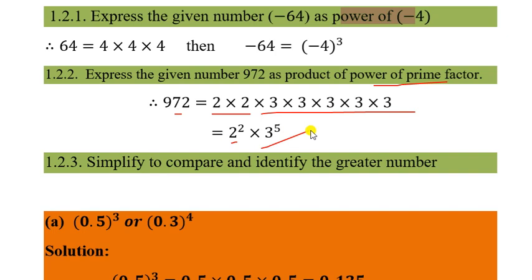But listen, you have to express according to the question only. Remember this, according to the question. So before expressing any number in exponential form, you have to read your question carefully, and then only do it. Next, how to compare